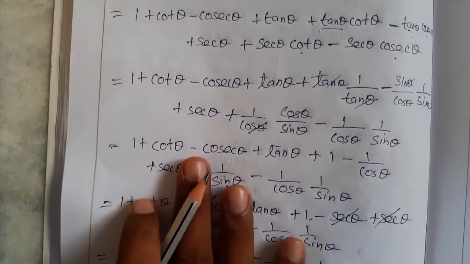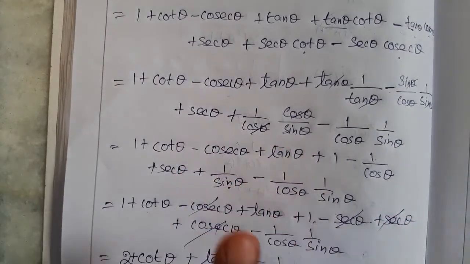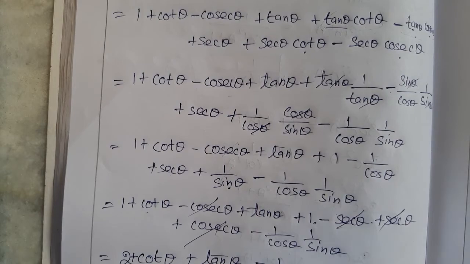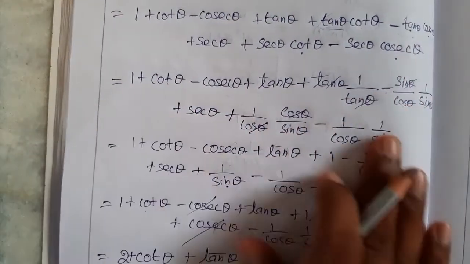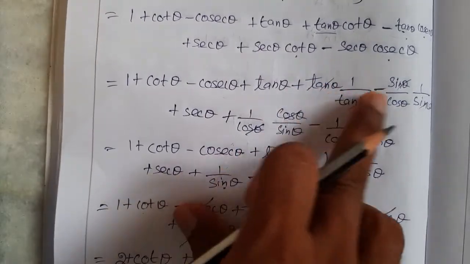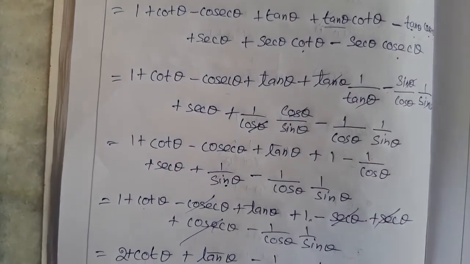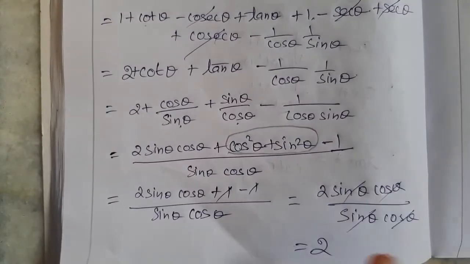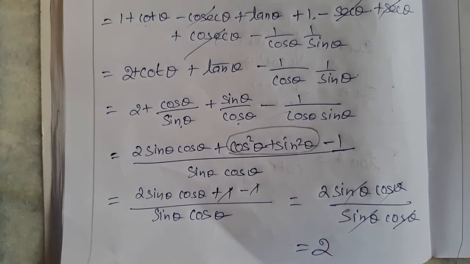Just apply the trigonometric ratios and trigonometric identities to get everything cancelled. By expanding, we will get a negative term and a positive term, and the trigonometric ratios get cancelled, like the tan and sin. So like that we have to apply and simplify. Finally we will get a number.